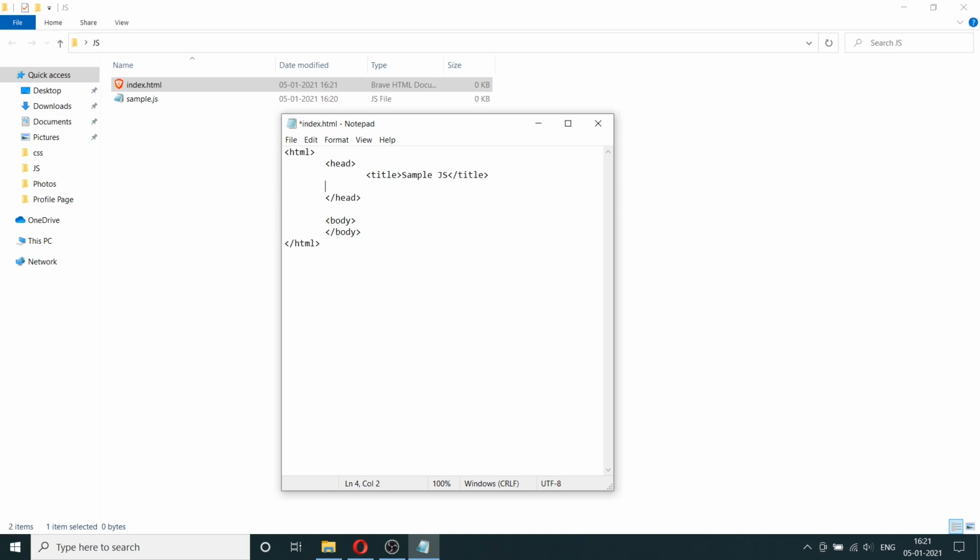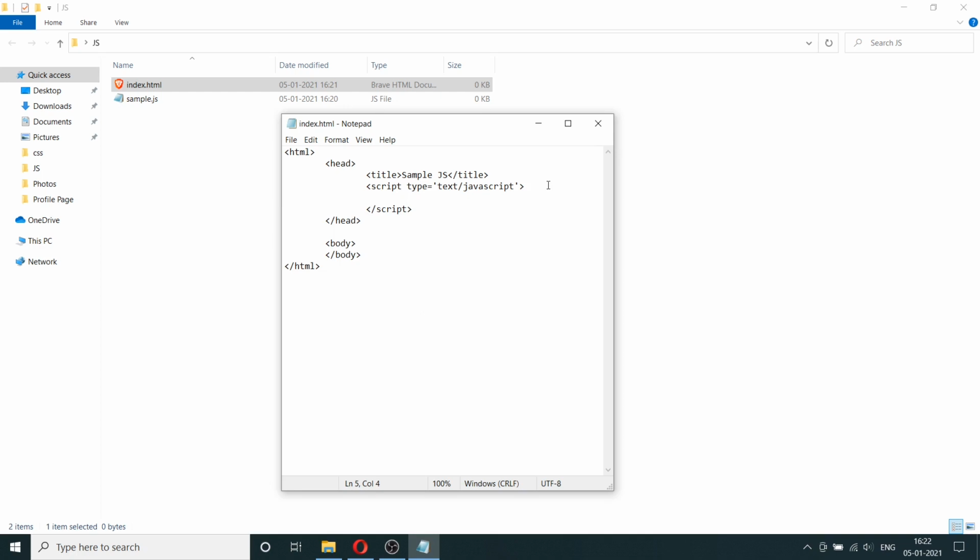And inside of the head tag, I'm going to open a script tag and say type equals text/JavaScript. And I'm going to close that script tag. So here we can write all the JavaScript code here.